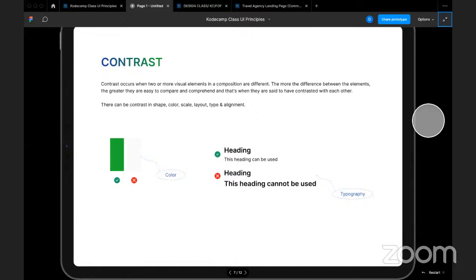There can be contrast in your shape, in the color, in the layout, in your typography, in your alignment, just like you can see in this example here, where we have,